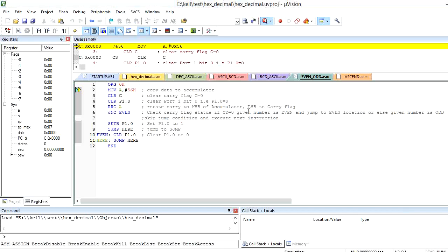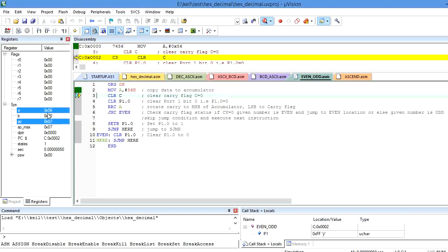So now we are going to focus on the accumulator value here, and here the data value is 56. Let me debug the program step by step. Whenever I execute this, it will copy the value 56 into the accumulator here. See, before that the accumulator is 0, now after it becomes 56.